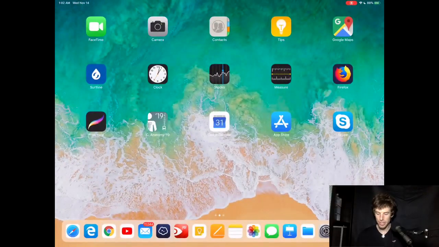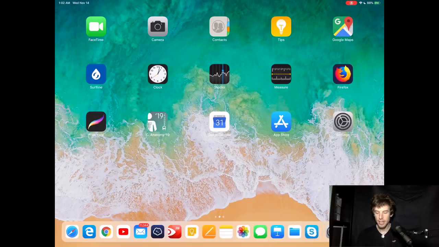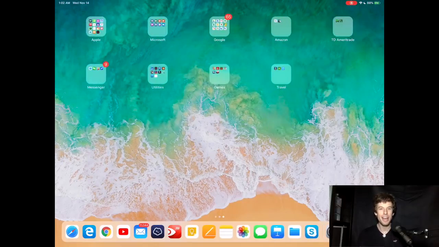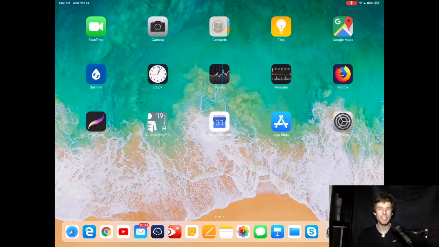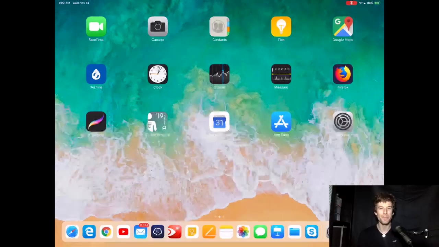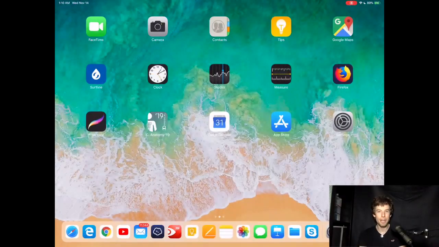Alright, I showed you the three places where I put apps: inside the main page, inside the dock, and inside the folders. Now let's take a look at some of the applications that make the iPad so awesome. Starting from the top of the main page, the first app you'll see that's not automatically on your iPad is Google Maps. The iPad does come with Apple Maps installed on it, but I don't know anybody who uses Apple Maps. The last time I tried that app, it wasn't that good,